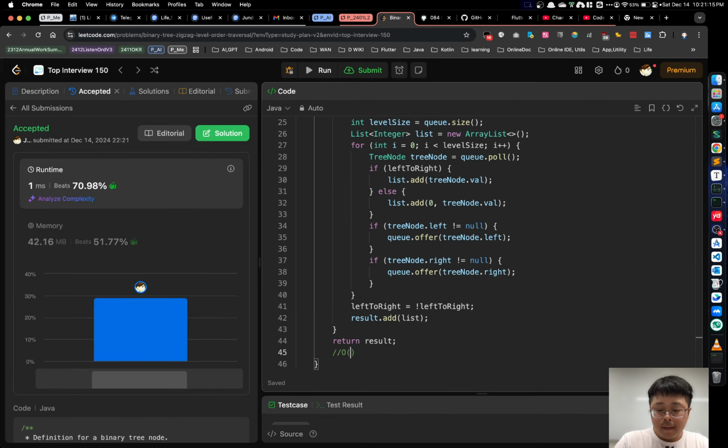So the time complexity is big O of n, because each tree node in a binary tree is visited only once, and each operation, inserting a node's value or adding children to the queue, takes only constant time. So the overall time complexity is big O of n, and n is the number of nodes in the tree. And the space complexity is big O of n too, because of the queue that stores the nodes at each